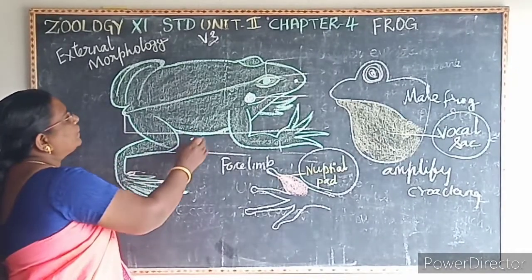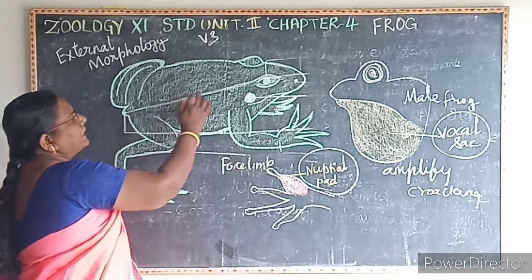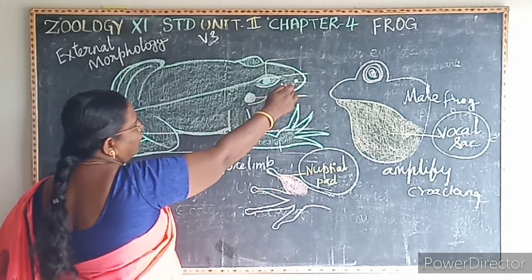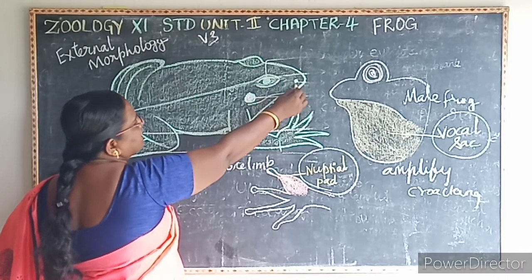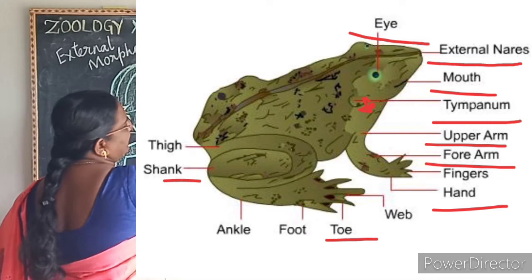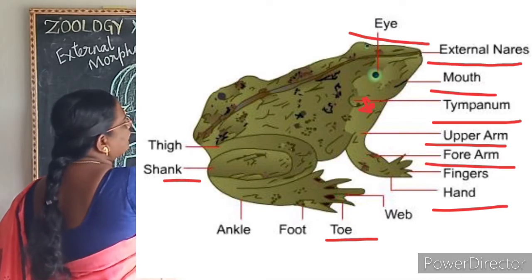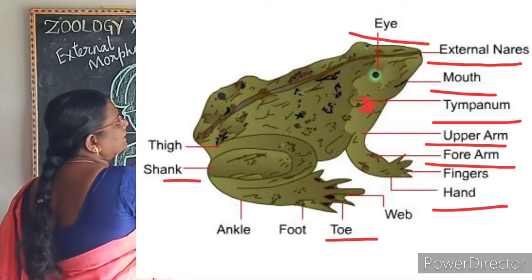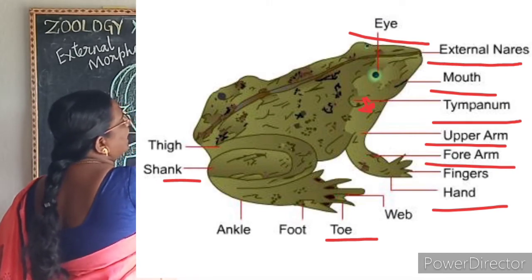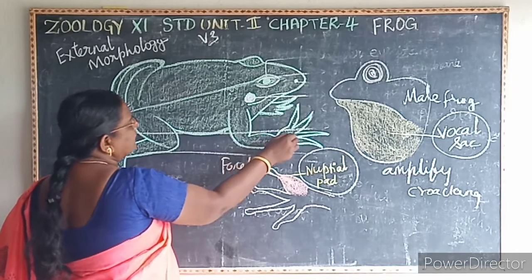The skin of the frog's body is smooth, slimy, and loosely attached to the body wall. The body is divided into head and trunk. The head is triangular and has an apex that forms a snout. The snout consists of the external nostrils, a pair of eyes, and the tympanum. Then the trunk consists of forelimbs and hind limbs. The forelimbs have 4 digits and are separated into upper arm, forearm and hand.